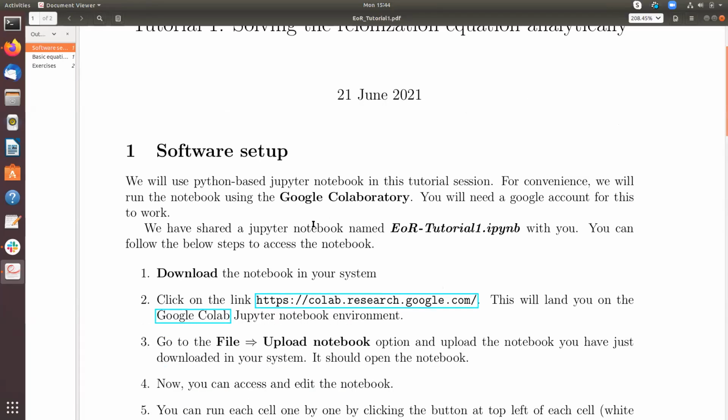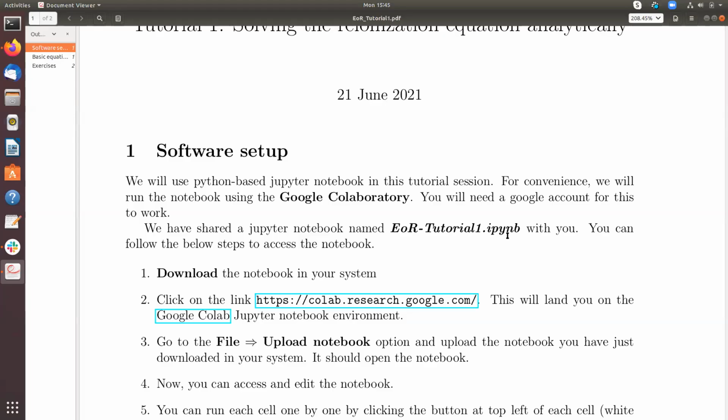So to do that, we will basically use an online platform called Google Colaboratory, and we have shared a zip file containing these notebooks. So I think you can access this notebook. I need to check whether you have managed to open it or not. Firstly, I will go through the steps of setting up the notebook. Let me know if any difficulty comes up. I will try to resolve that.